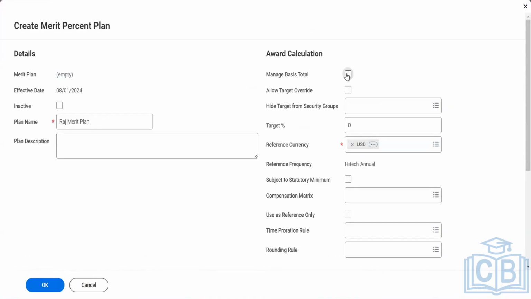See, talking about this, we have base pay. Normally, if I want to use the merit plan depending upon the base pay, in that scenario I'm not going to use the basis total. Let me give you an example of India.